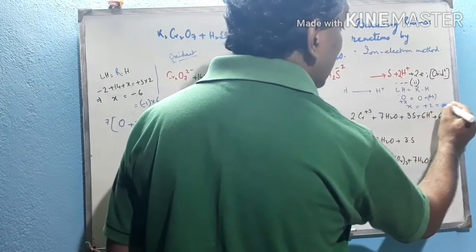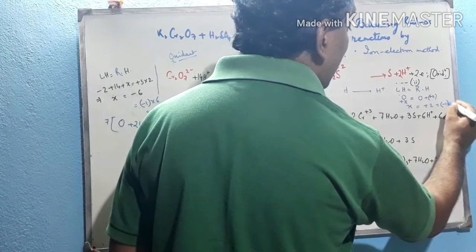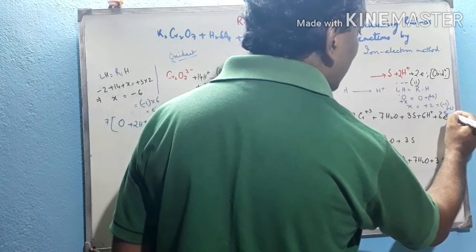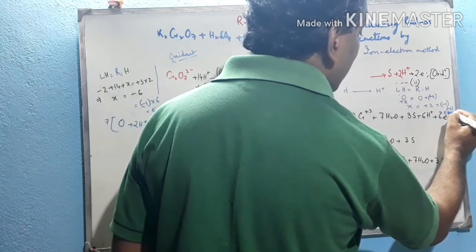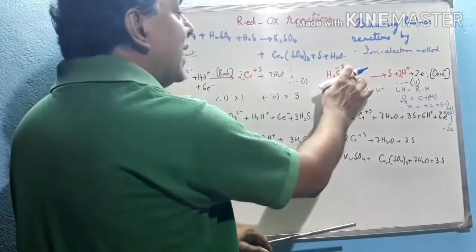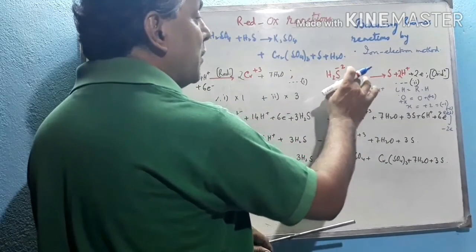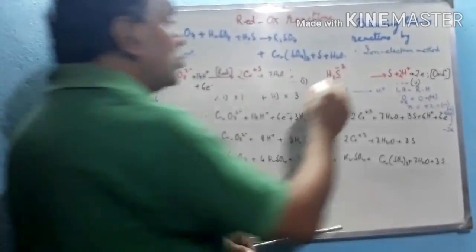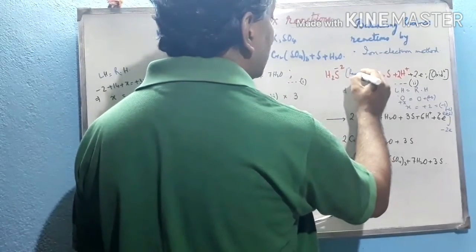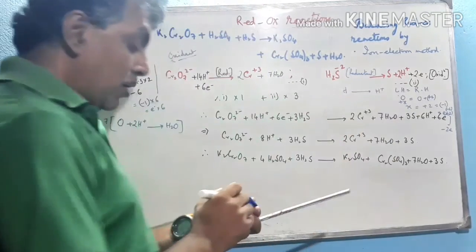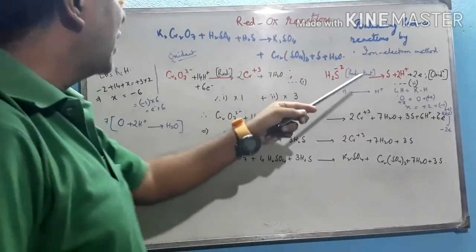How does it come? That is minus 1 into minus 2. Minus 1 is the charge of an electron, into minus 2. That means it contains minus 2 electrons. So on the left hand side we have to add minus 2 electrons. That means electrons are subtracted, so it is an oxidation process. And that's why H2S acts as a reductant here. It itself gets oxidized. Now the oxidant as well as the reductant are found.